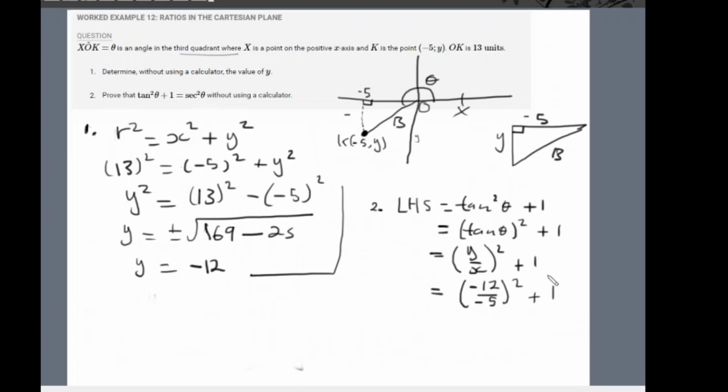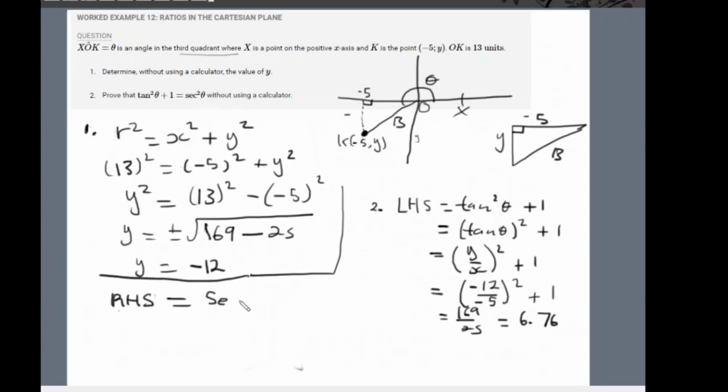(Minus 12 divided by minus 5) squared plus 1. So this is equals to 169 divided by 25, which is equals to 6.76. That is the left hand side, right? And then the right hand side is equals to